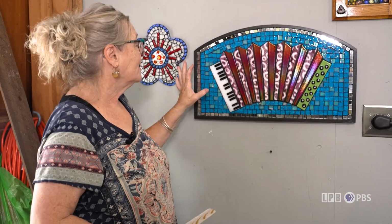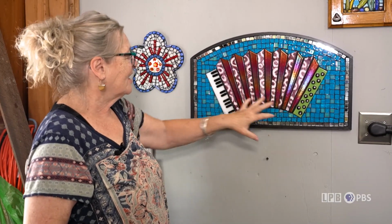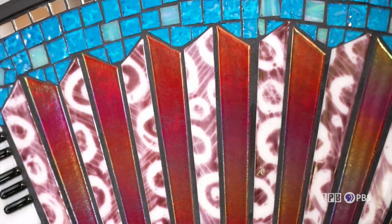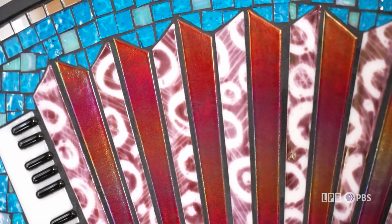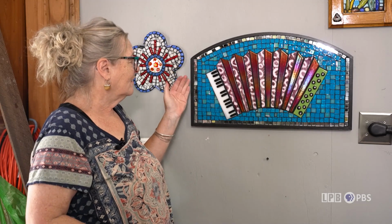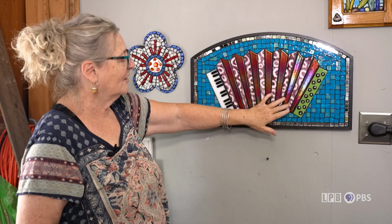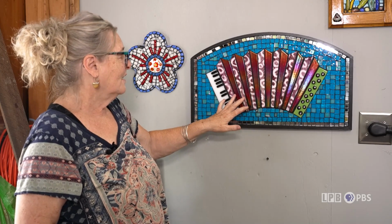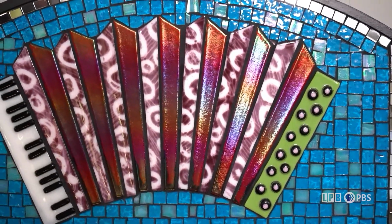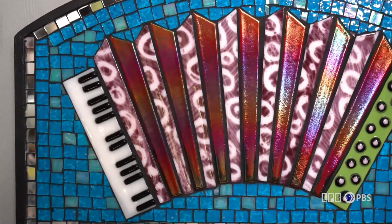This is one of my accordions. I really like the accordion shape. You've got the angles and edges, of course the keyboards, the buttons. I found this frame that has a curved top, and I liked that idea. So when I make this, I'll make all these parts and pieces first. Some of these ribs of the accordion have painted on glass that's fired on. I fuse the keys, and then the buttons,